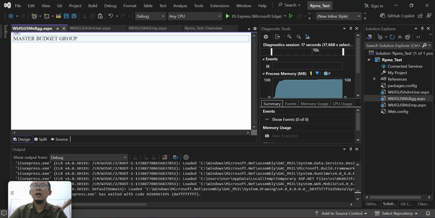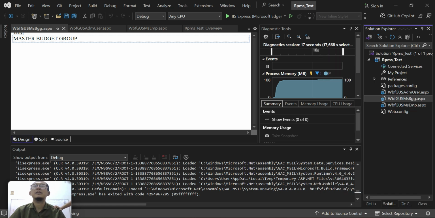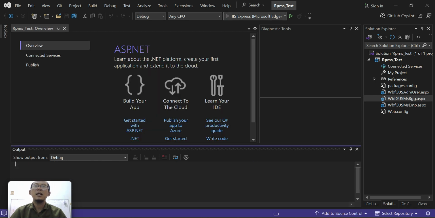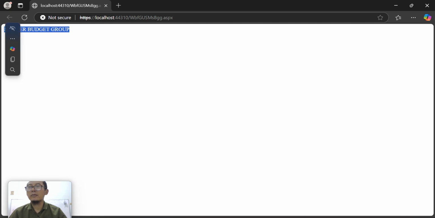What if I want master budget group to be displayed the first time? I have to right click the master budget group and set as start page. For example, I will close all the web forms and start. We will see that master budget group is our first page that will be shown. Okay, I think it is very clear.